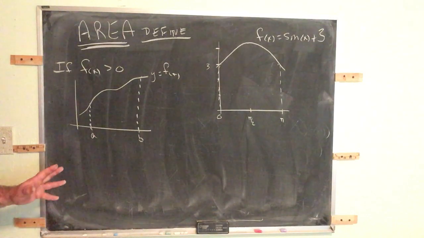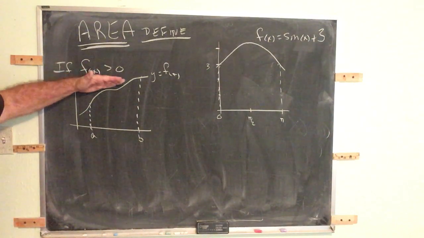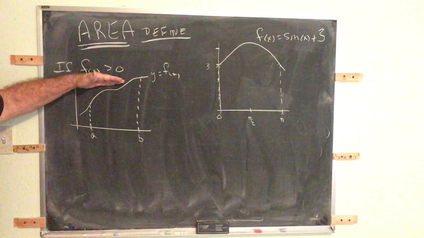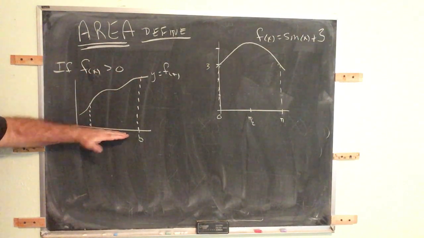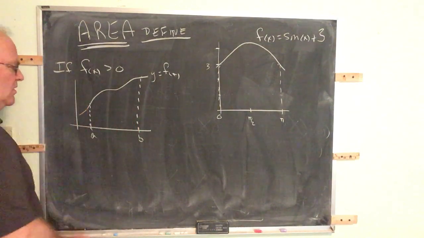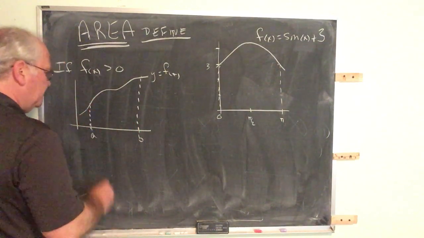Then the region that lies beneath the curve, above the x-axis, and between these two vertical lines, that region